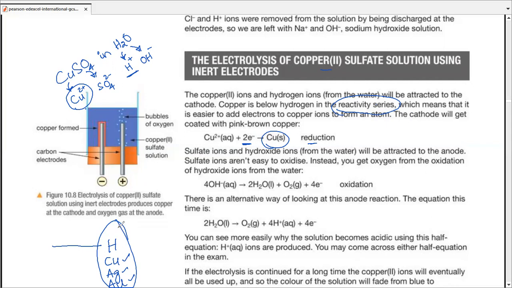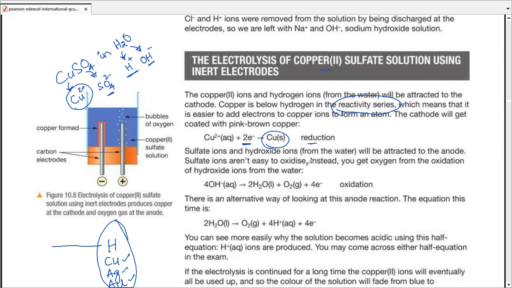So it's easier for you to decide whether it's going to stay inside the solution or get deposited at the cathode, like copper does. Moving towards the anions. Now this time we have a polyatomic anion, sulfate. In comparison with hydroxide ions, now sulfate and hydroxide ions from water will be attracted to the anode, but